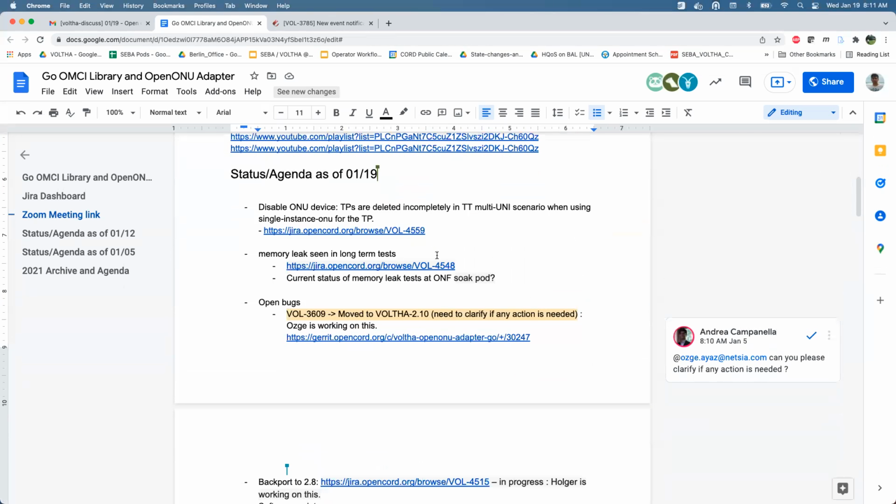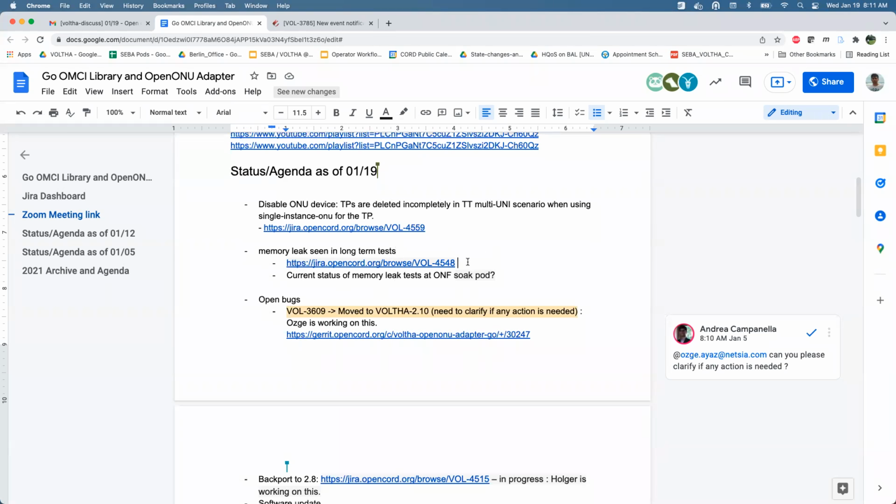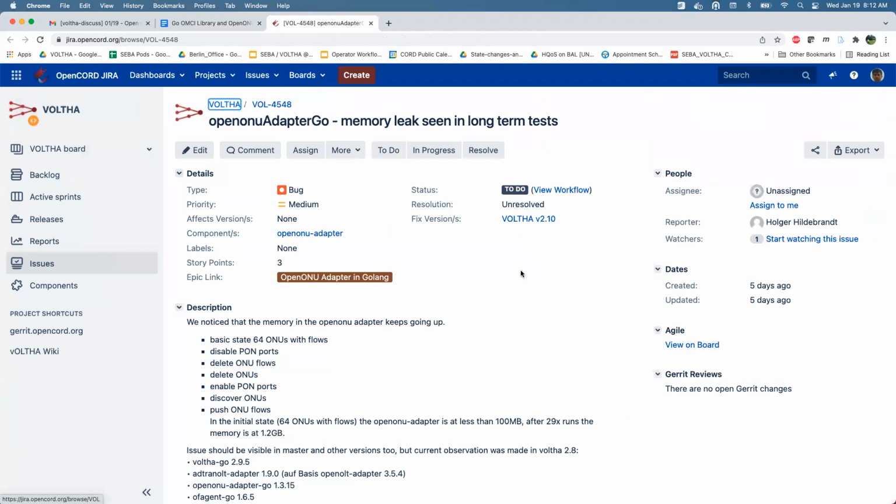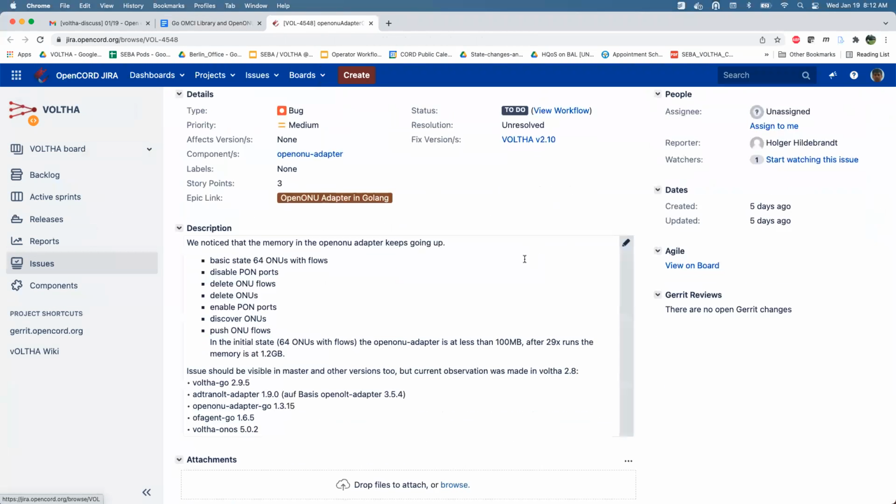Memory leaks in long-term tests. Yeah, I saw the Slack messages from you, Holger. As Andrea suggested, probably you may want to run just the Openonu Go tests with pprof enabled. Actually, I can recall the history. I've done this and haven't seen any special things. And then ONF came up with a statement that they want to have a central ONF soak test, or a special soak pod